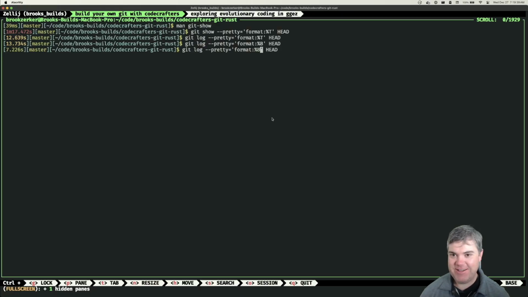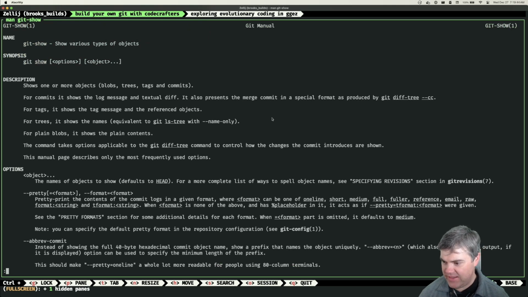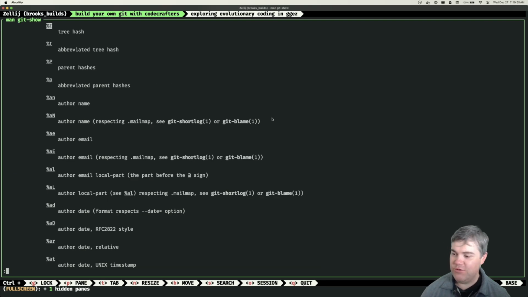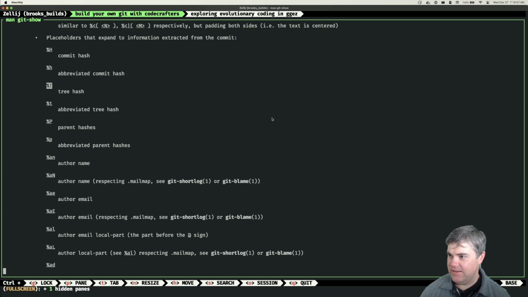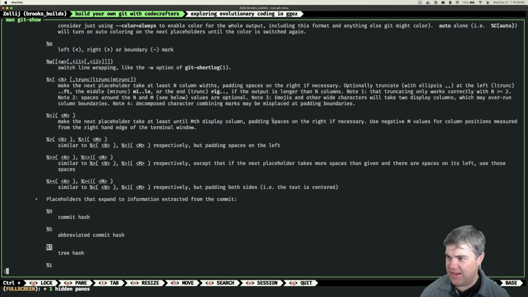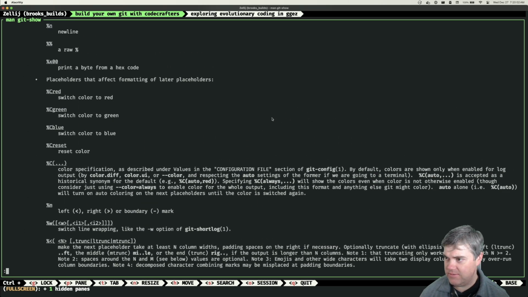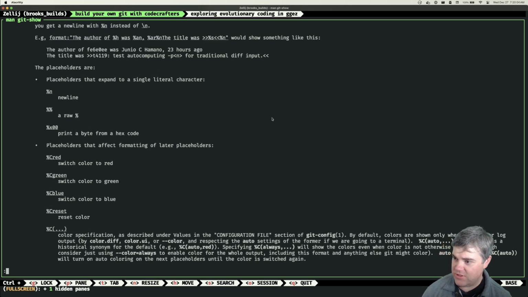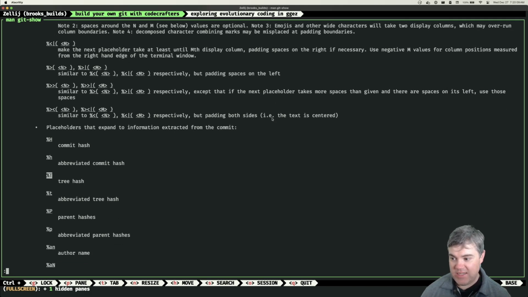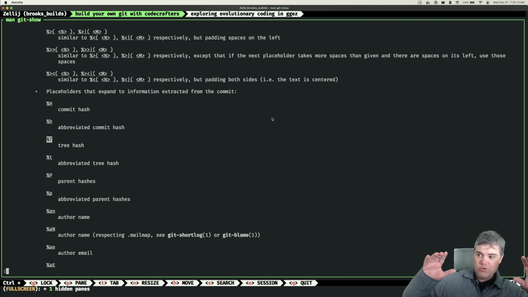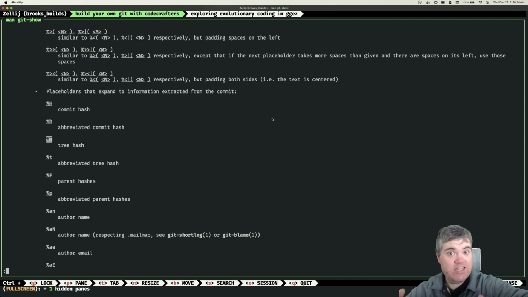Oh, I was so close. Hold on, let's do that. So if I look for, is it dash or is it just going to be like a capital T? Capital T is just going to find that. If I look for %t, oh, there it is. Okay. So this is all in the area called the placeholders. Okay. So %t is basically take a tree hash and then shove it into that spot in the